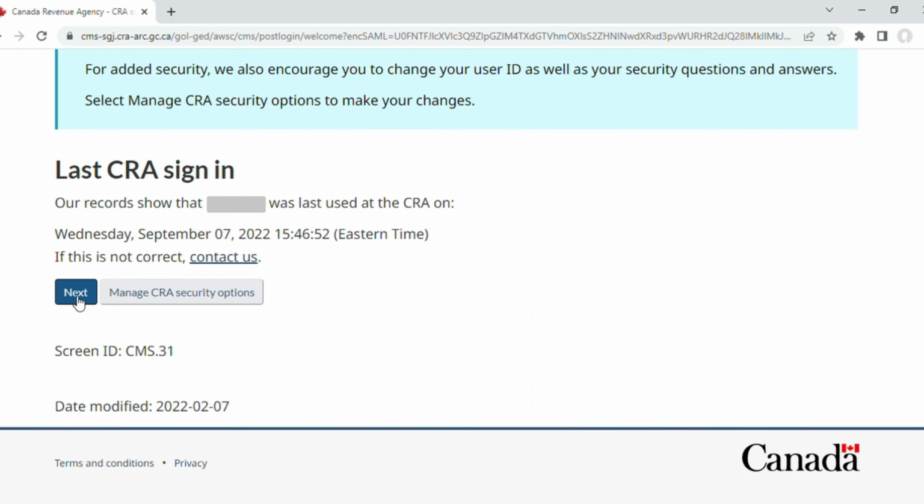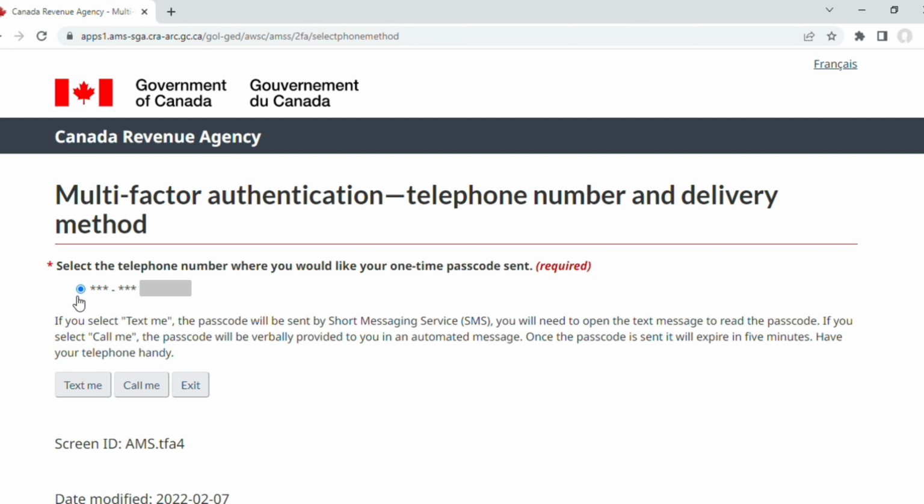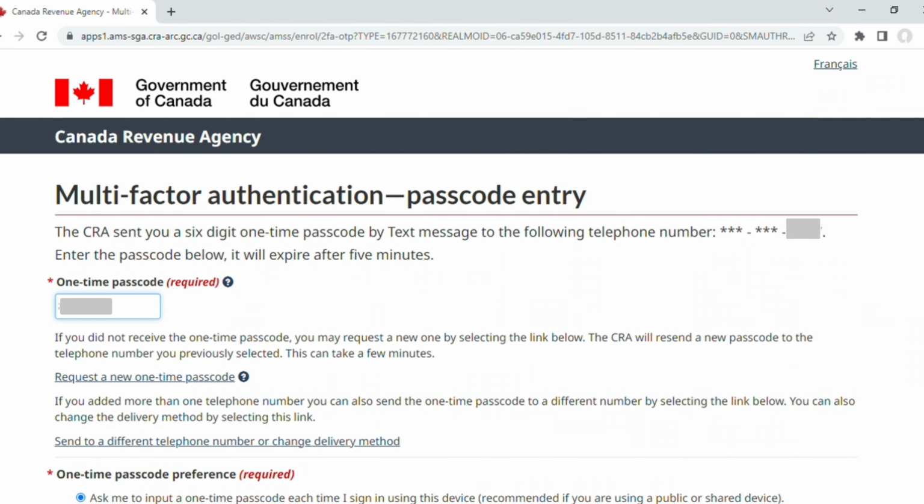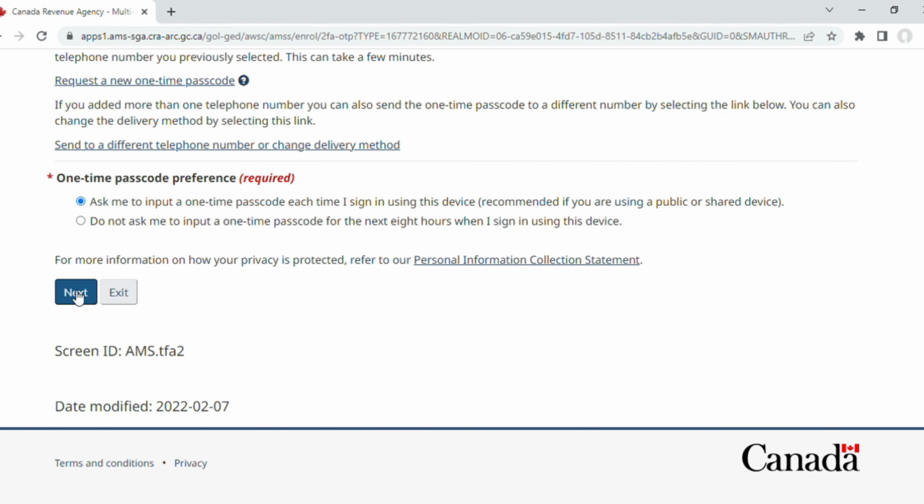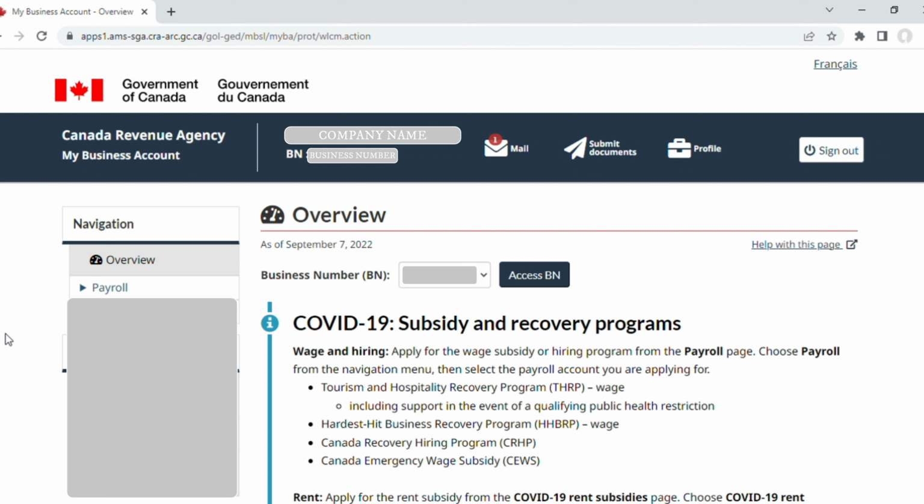Here you click next, and on this page, the phone number what you have registered, to that you will get the one-time passcode sent either by text, call me. These are the two options. I select text me. Once I enter the one-time passcode and click next,